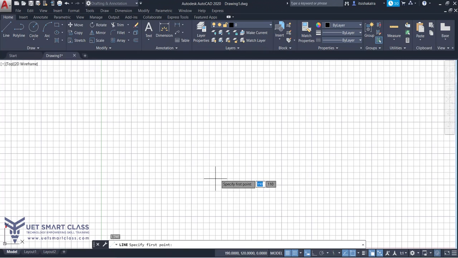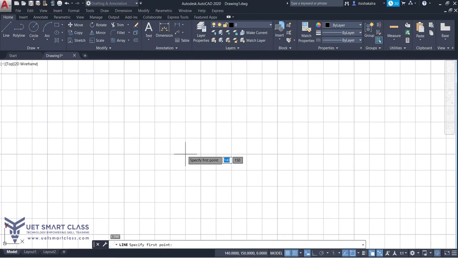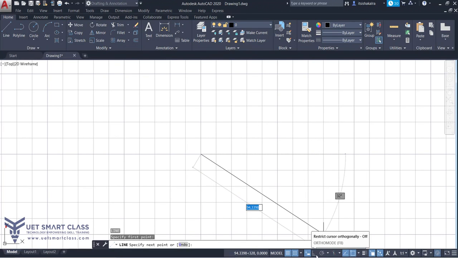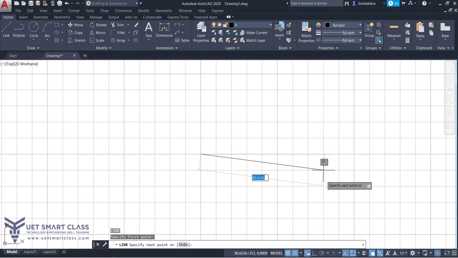All right. On my grid, I have now switched on my snap, so it's capturing my grid points. So I'll click on my first point. Now see, my cursor is moving in 360 degrees. So I can switch on my ortho mode by going to my status bar, or I can press F8 or Control plus L to make it straight.